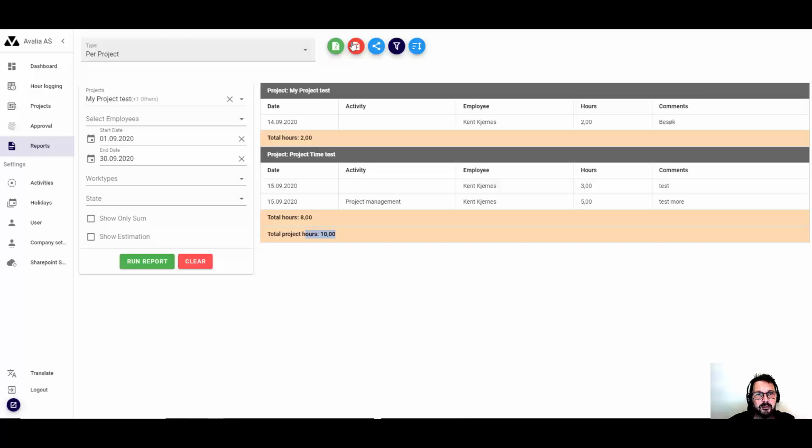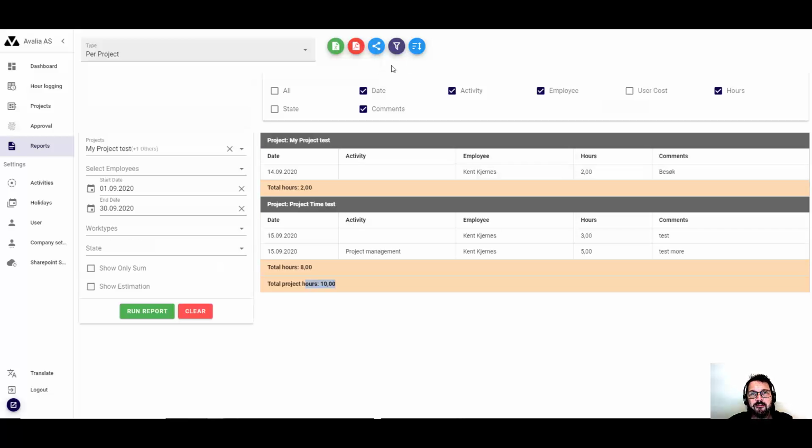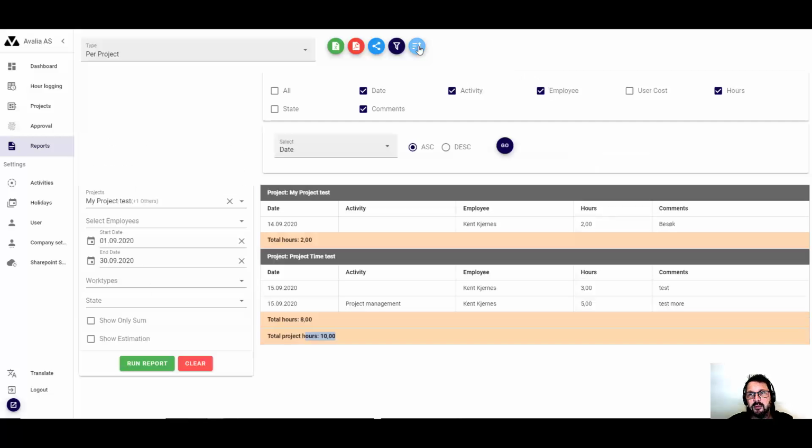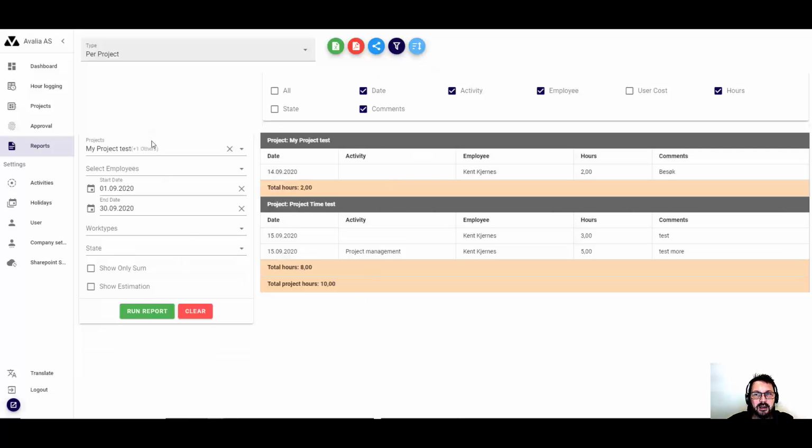You see buttons on top to Excel, PDF, and also directly to your ERP. You can also filter to say that I would like to have the user cost involved, and all these kind of things. I can also set to be sorted, ascending, descending by date, or any other column if I want to, before